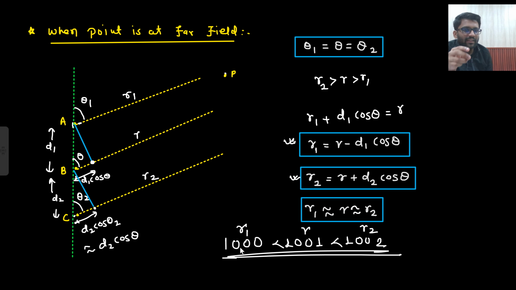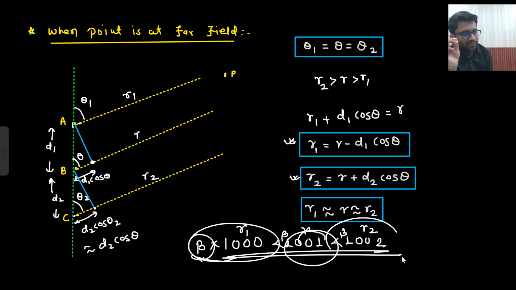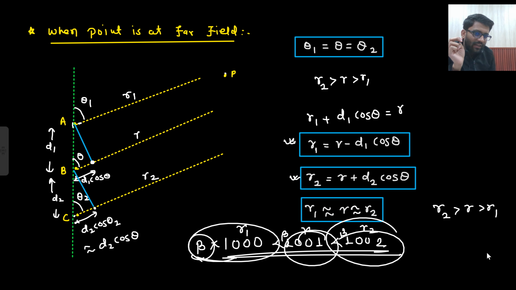But if I multiply this with a particular factor, let's just say I multiply it with beta, I don't know the value of beta. Are you getting this point? If I multiply all these things with a particular factor, then this factor can change this relation. The relation that this will be smaller than this one will always hold true. But if I am saying that my R2 is greater than R, which is greater than R1, then if I multiply with beta,